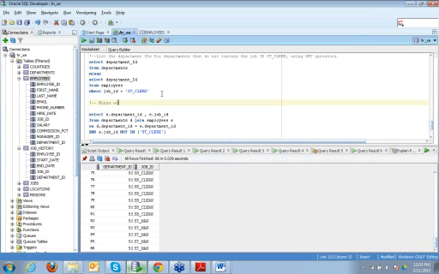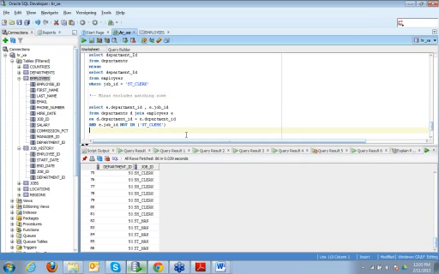Minus excludes matching rows, whereas inner joins, or even outer joins, all the joins include matching rows.